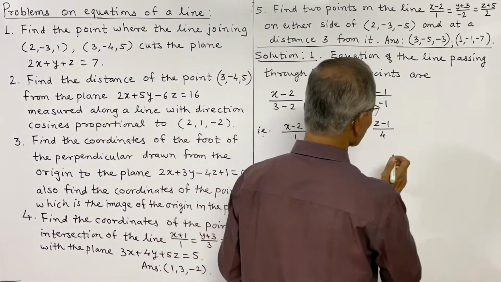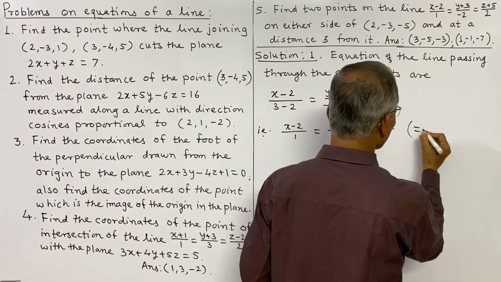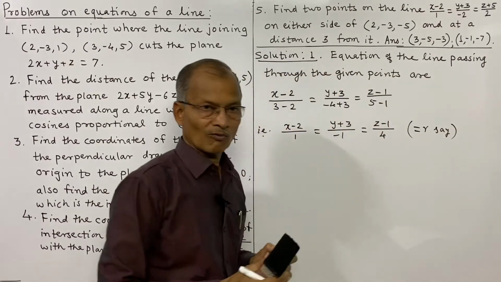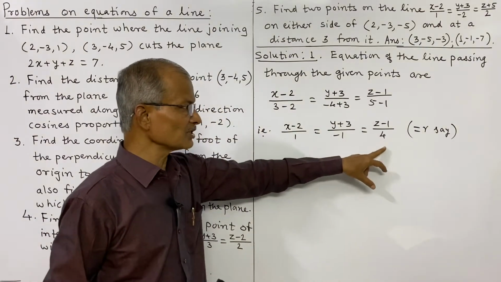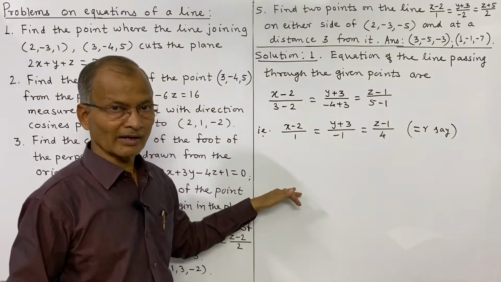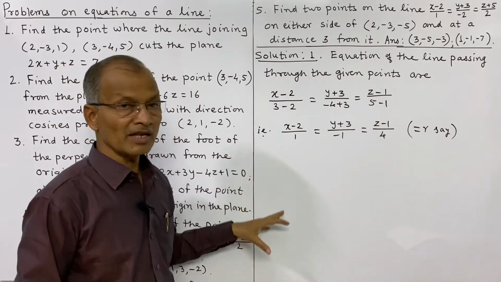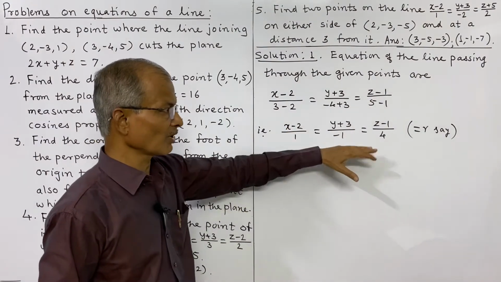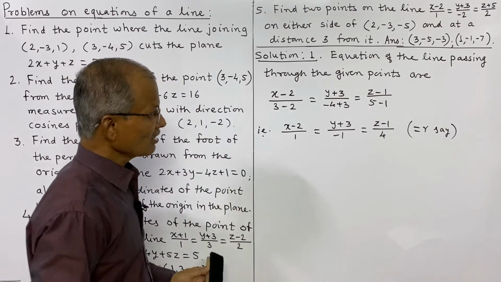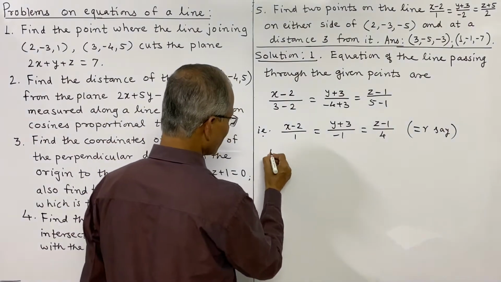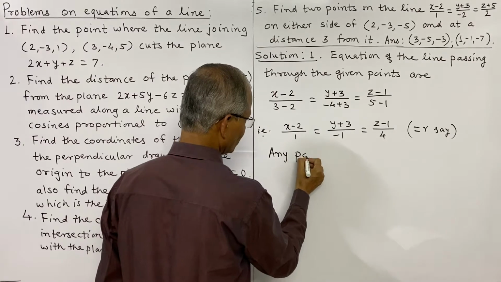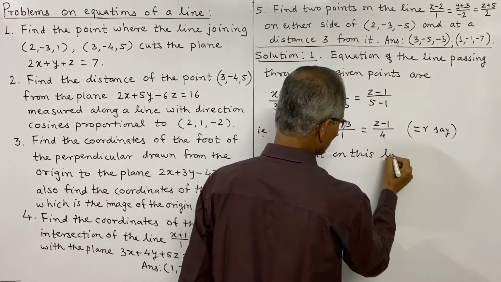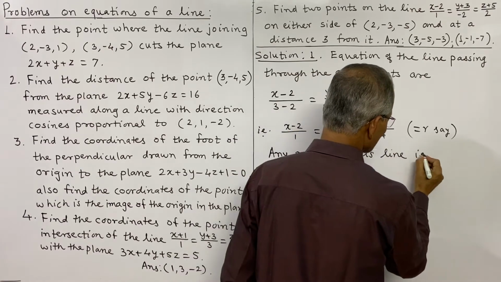Now these ratios will be equal to some number, and we will suppose this is r. Why are we considering it like this? Suppose this is equal to r. From that we will get a general point on the line, or any point on the line, and that gives the coordinates x, y, z from these equations. So then any point on this line is given by,